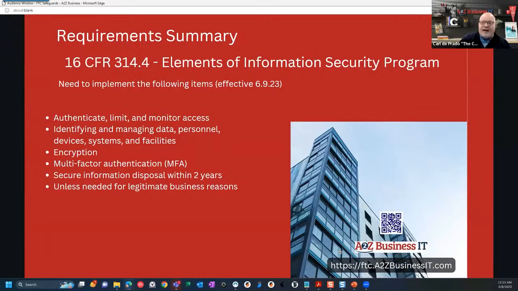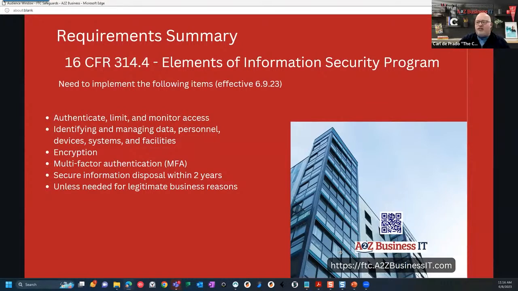And then you're going to want to have what we call multi-factor authentication, which is basically a third party. So when, let's say, you log into an email system or QuickBooks Online, you put your username and password, and you either get a text to your phone with a number, or you have an application that gives you a code that will allow you to open up that web application. So even if your password is compromised, they still couldn't get into your systems because they don't have that third party information.